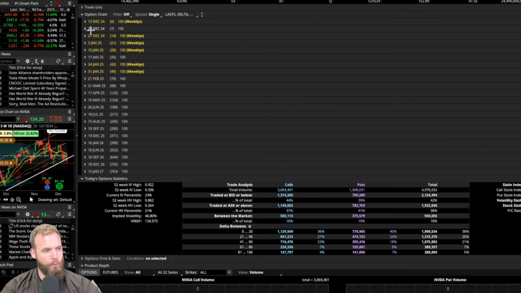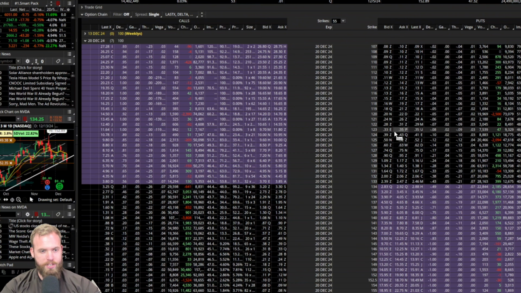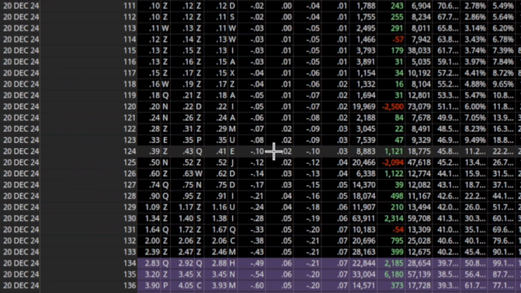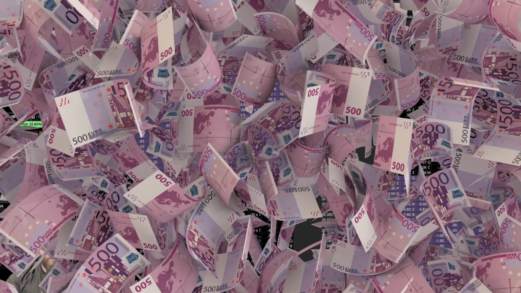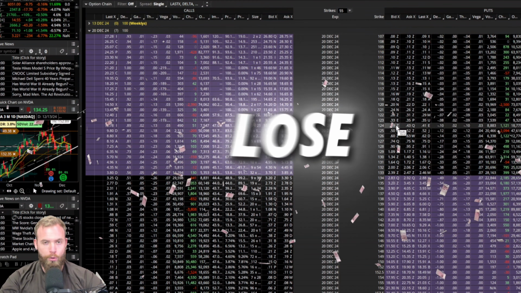And let's say that we started with something that was 7 days to expiration. We bought something that was like a 10 delta. And this is, again, 7 days to go. Well, as time passes, unless this option moves closer and closer to the money, this is actually going to lose